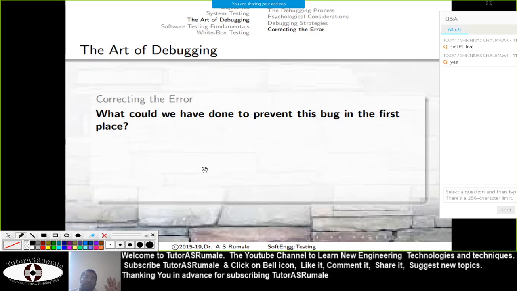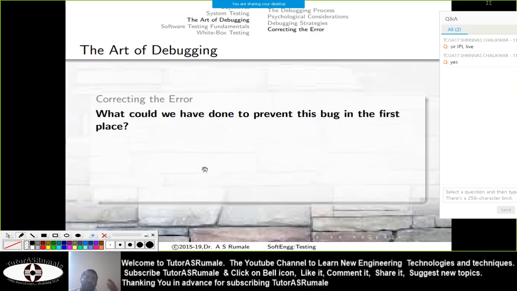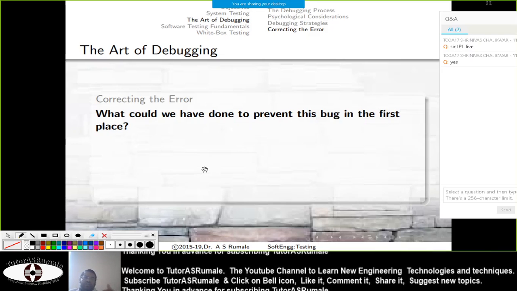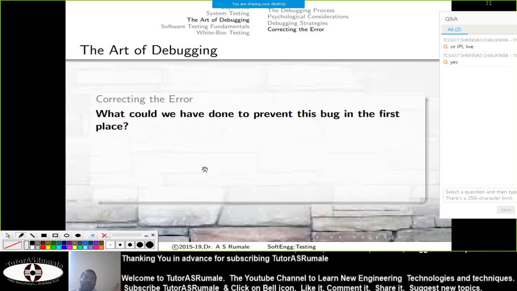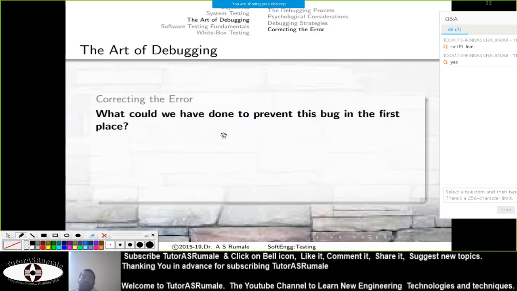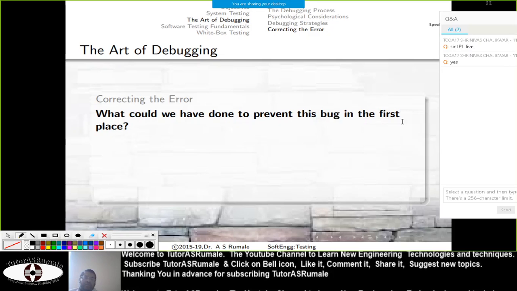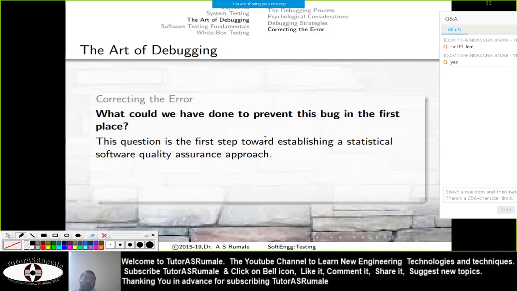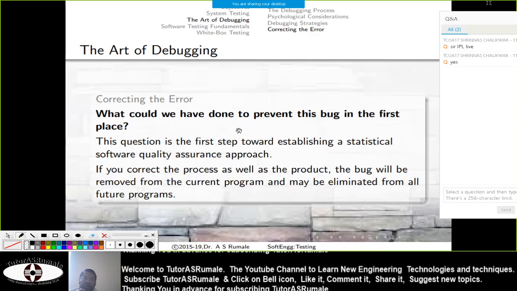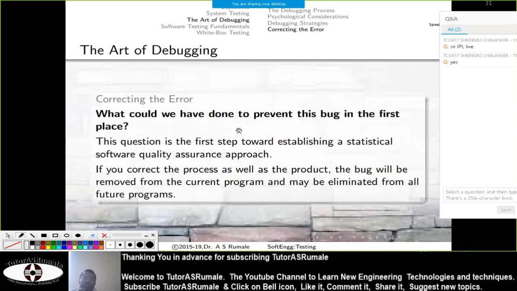And if that design is checked with white box testing, that is a reconsideration of design every time, you'll hardly get any errors in your code. So to avoid maximum errors, you require a quality design.